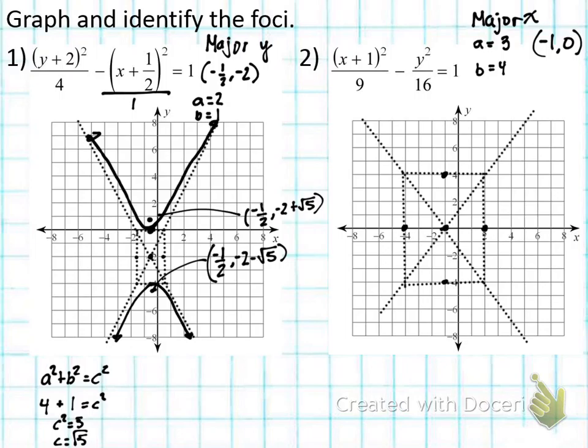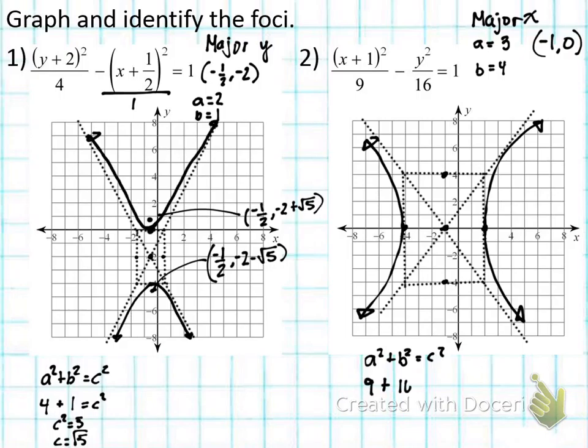Okay, so major x, it opens left and right, so this is from Friday. Once you got this, you're going to go to your vertex. Okay, and this is what we learned up until Friday. Now we need to figure out what our foci are going to be. So we need to use our a squared plus b squared equals c squared formula, which is the Pythagorean theorem. We know a squared is 9, b squared